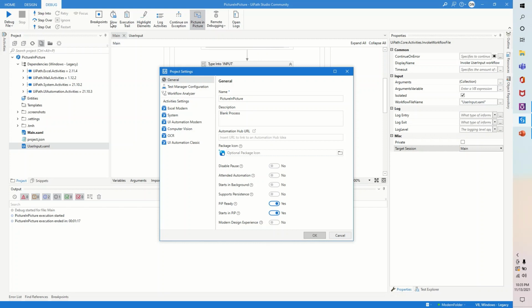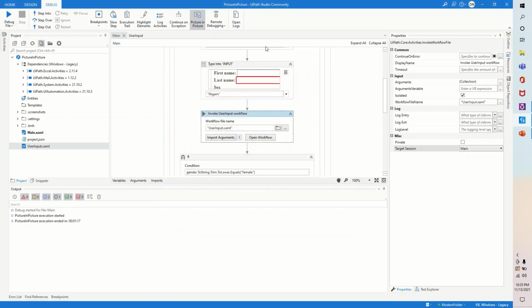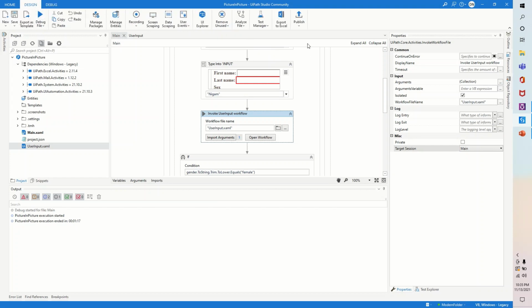You click on OK, and then I republish this process.